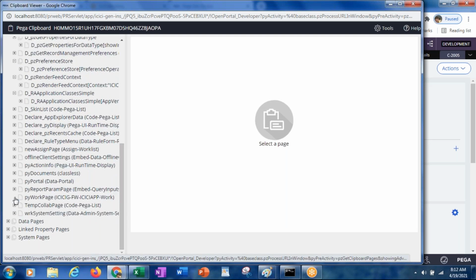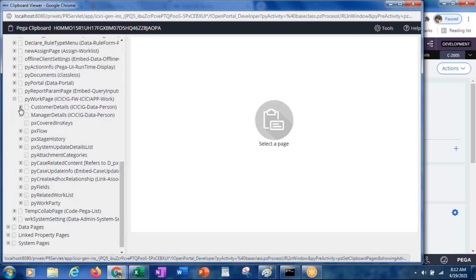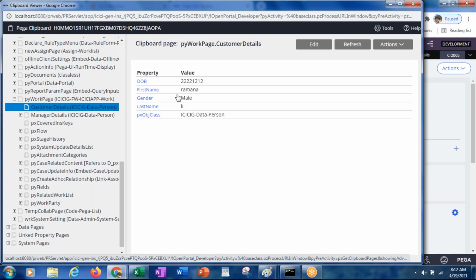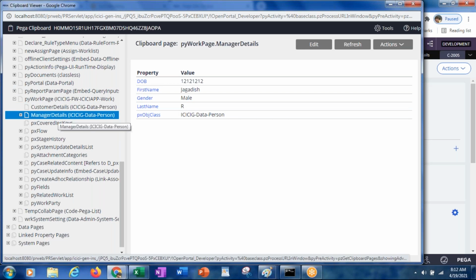Under the PY work page, you will be having customer details and manager details. You see, customer details Ramana and manager details it will be having Jagadish. You see, only 4 properties are part of the customer details and manager details. So like that, everything is getting changed. Okay, so this is the page property.